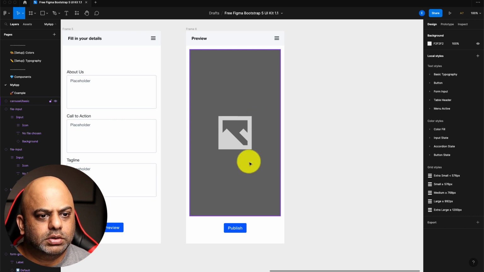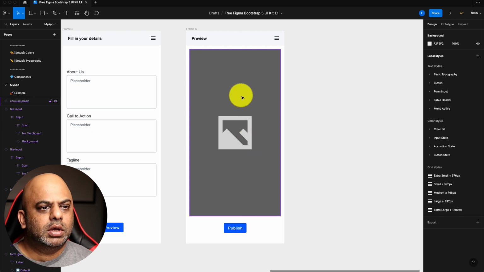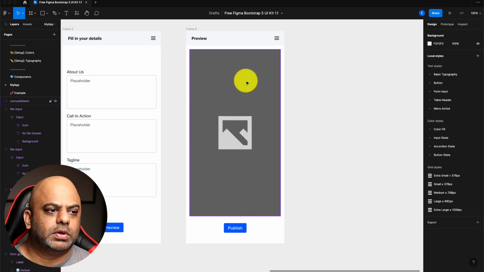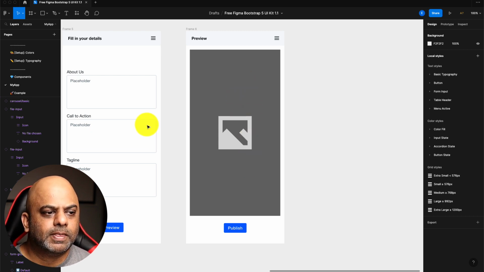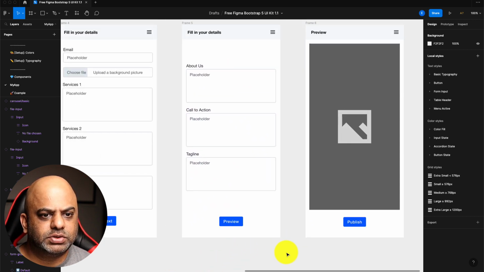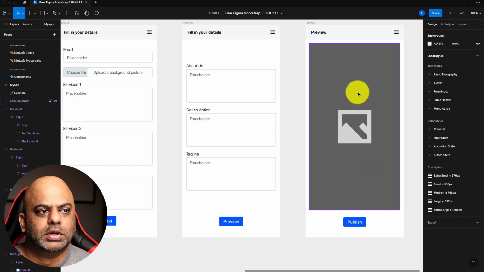So then the user will have the option to publish this website if they like what they're seeing. So all this information will be gathered from the previous page and just be input into this template here.